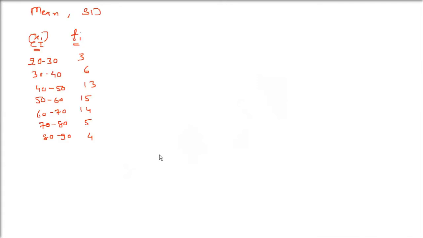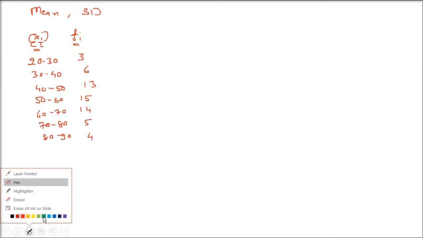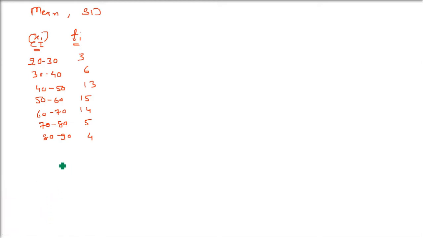Let us take an example now. We have already taken an example. Now let us compute and see how the computation is done. First we have to find out the mean, because only then can we find the other values. The question is also asking for the mean, so first the mean and standard deviation have to be found out.